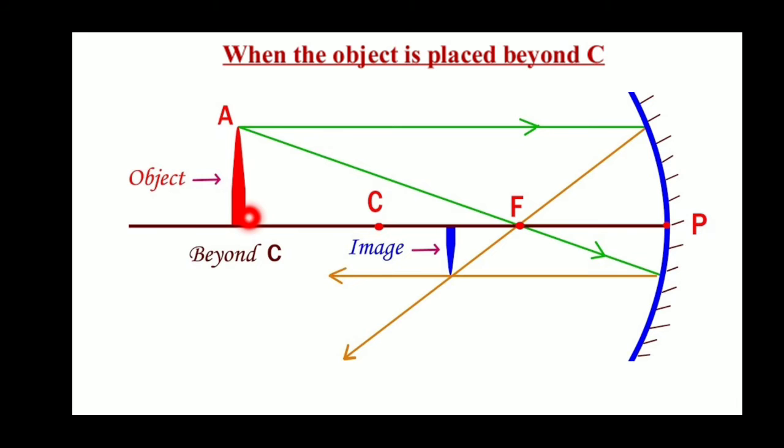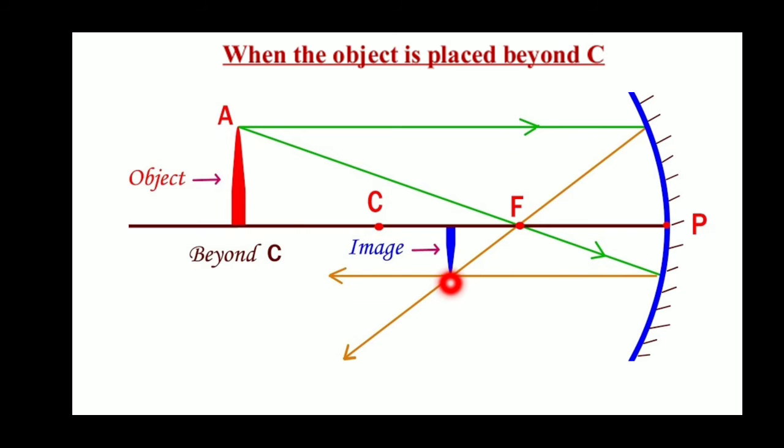I have drawn an arrow image also. I'll show it to you. This is another way of representing an object. So how many rays minimum we need? Two. The first ray, this is the incident ray, parallel to the principal axis, so the reflected ray is passing through the focus. The second ray, you have to draw passing through the focus. Anything can be taken, and this is the reflected ray.